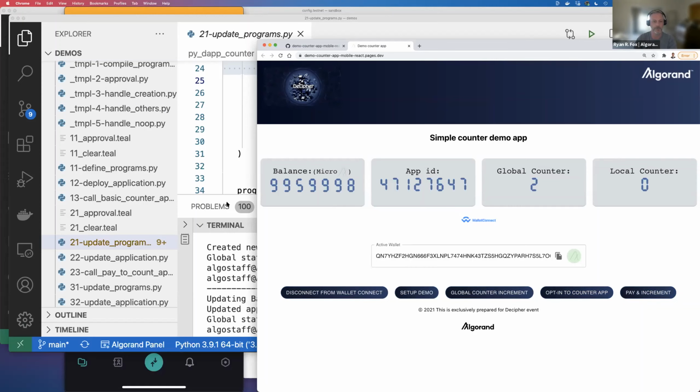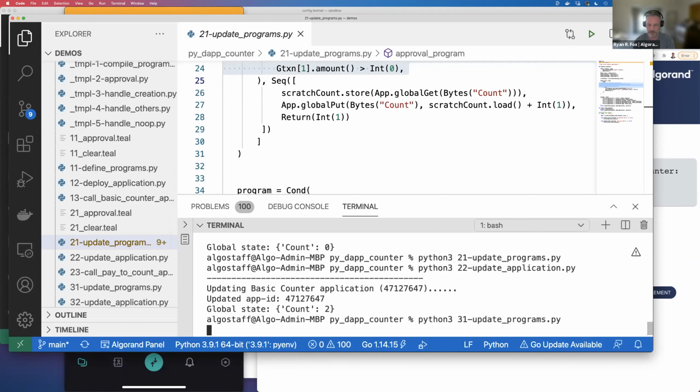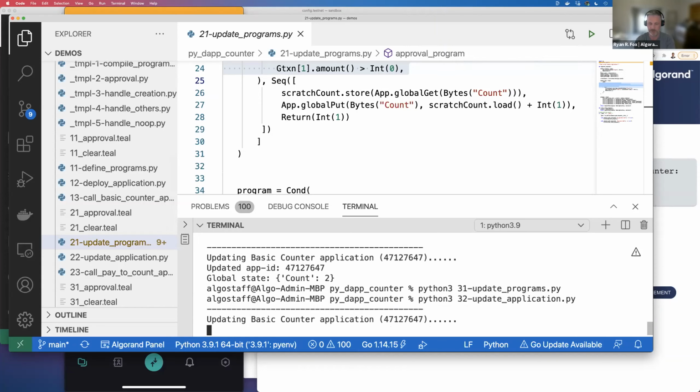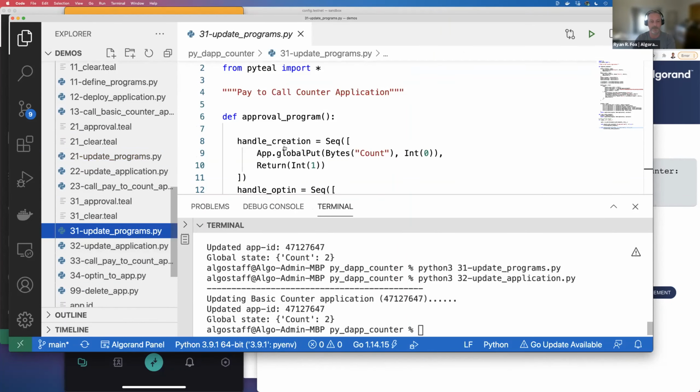You know what? I forgot one thing. We actually want to add in the local state, and that's this one here. We want to do the 31 update and the 32. We want to update the application this way. And I forgot to add the local part in, and I forgot to explain that, but very quickly, in addition